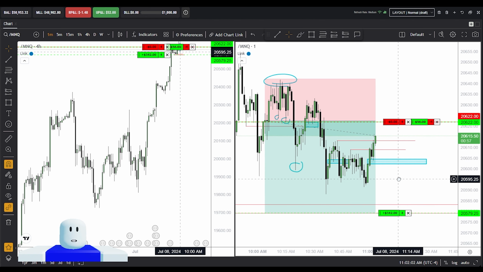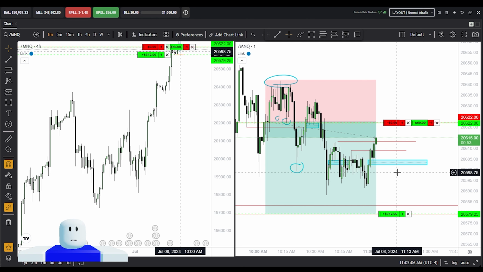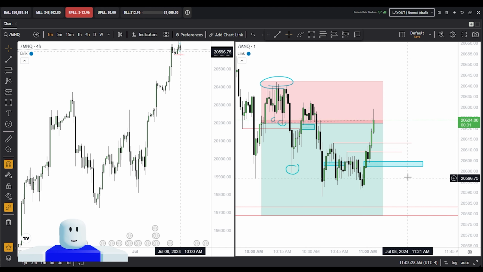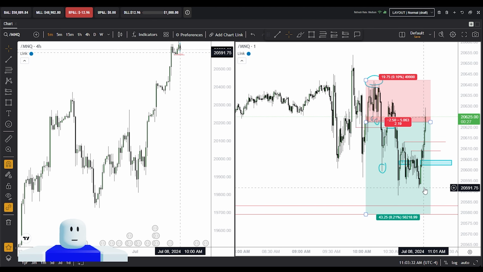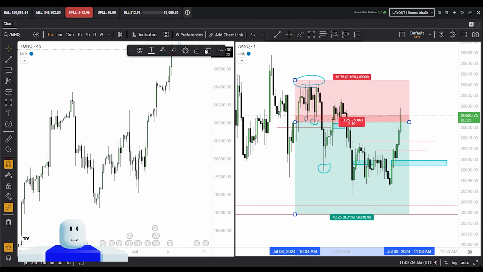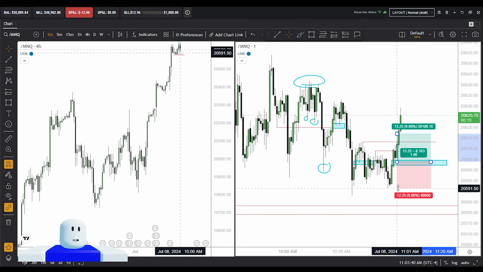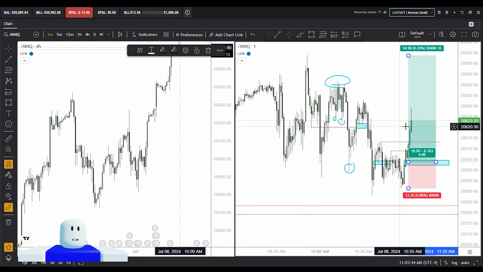So I'm likely going to be stopped here, which is fine. Break even trade. Order filled. We've been stopped at break even. I'm pretty happy about this trade, though I have to comment that this long right here is actually a good setup. This is a great setup for longs, targeting all these resting highs.